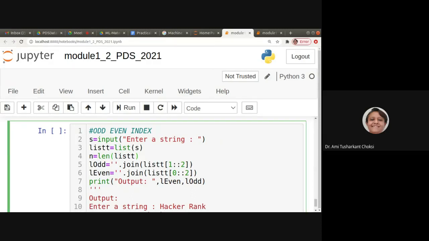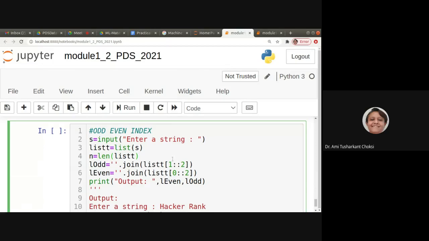Now say we want to join a list, right? We want to join a list. Let us say that s is equal to input, enter a string, right? So whatever is there in the string, we are having it in the list. And then after, what we want is n is equal to len of list.